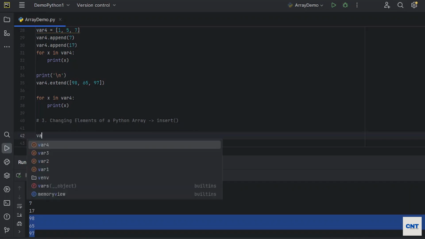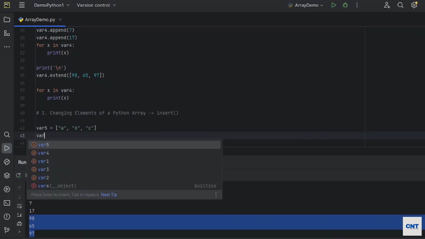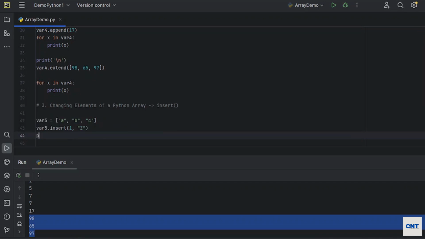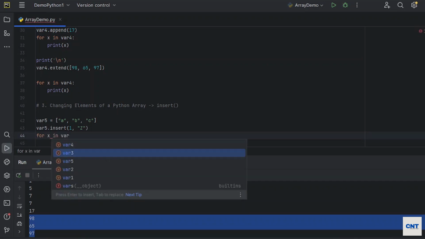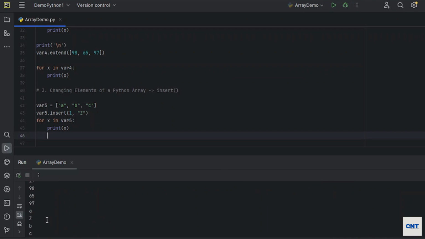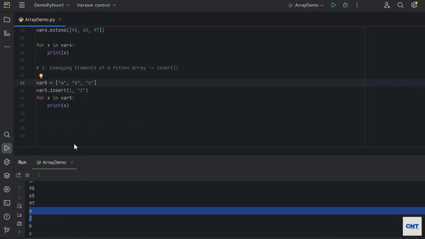Let me take another array and insert a different value, that is Z, at the first position, in var5. Let's run the program. You see, A, Z, B, C. B and C were shifted to the next index.